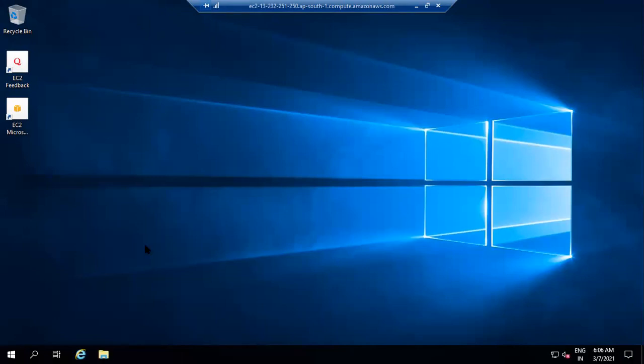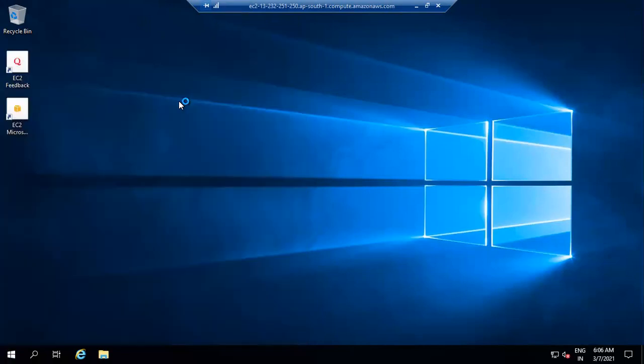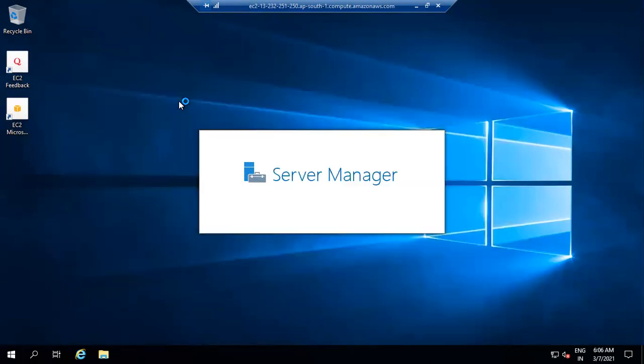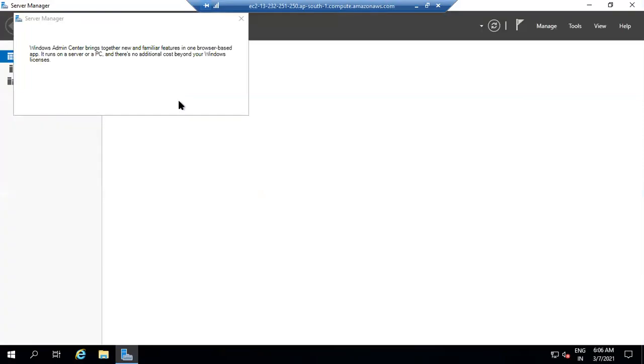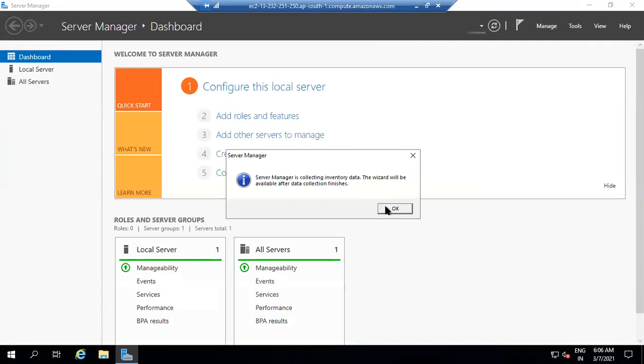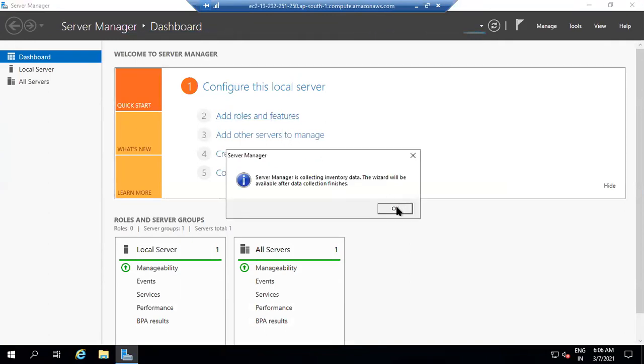Now we need to host the website. So go to Start, Server Manager. Just a second. Add roles and features. Just wait for a minute.